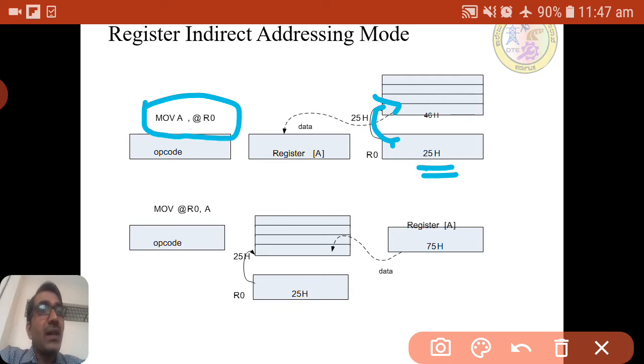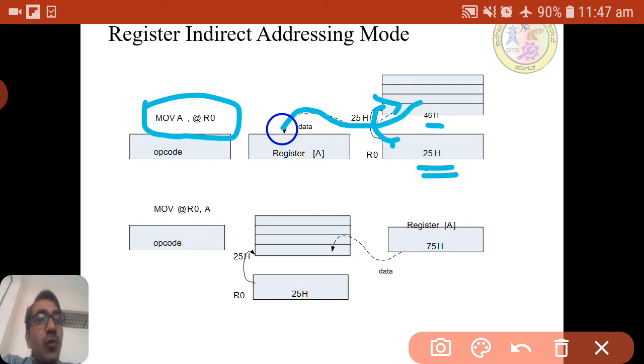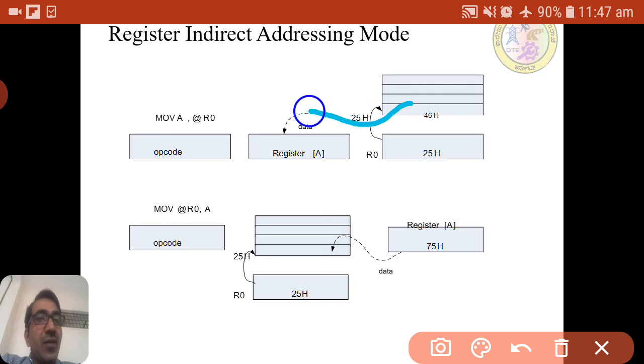The content of 25h, that is 46, okay, this 46 will move to the A register. That is what is shown here with the dotted line. The 46h value will move to the A register, from memory to register.